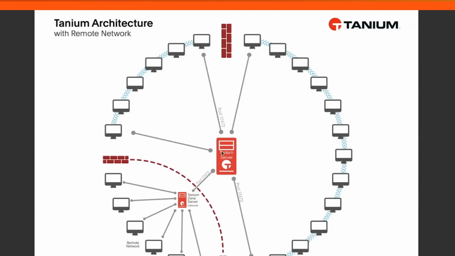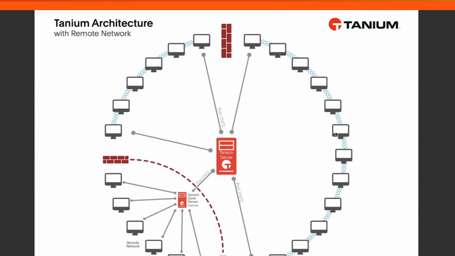We have no need for all of the relay servers, distribution points, whatever might be in the environment today. If you have the Tanium agent and an internet connection on any endpoint, it is equally under management. We have no reliance on GPO, domain membership, VPN status. None of that matters.